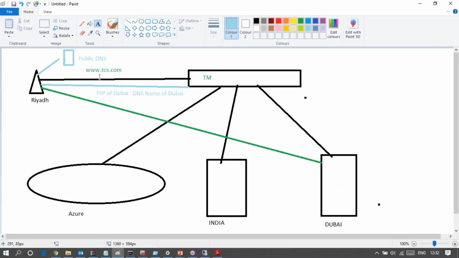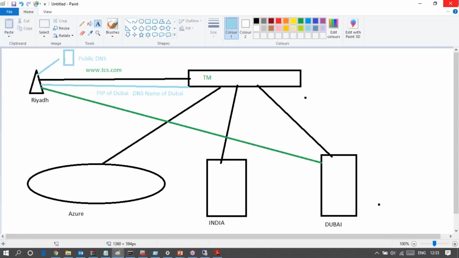So what does Traffic Manager do? Traffic Manager simply takes the request, finds out the nearest location of the user, and forwards the DNS resolvable name of the nearest site to the client browser. So the client browser now directly communicates with the nearest site and gets the query resolved. Okay. So this is the working funda of the Traffic Manager. Traffic Manager is not a replacement of a DNS server. It is not actually a load balancer, but yes, based on different types of routing rules, we can somehow configure the load balancing situation.